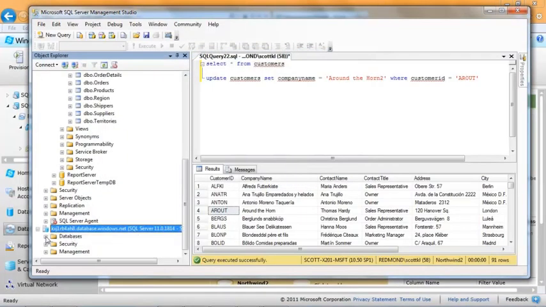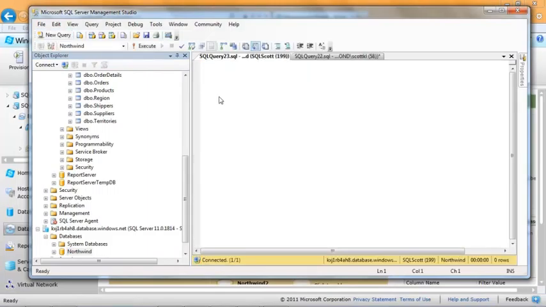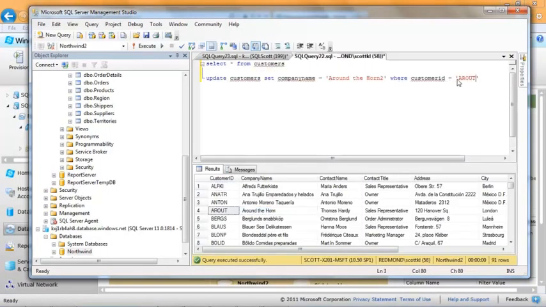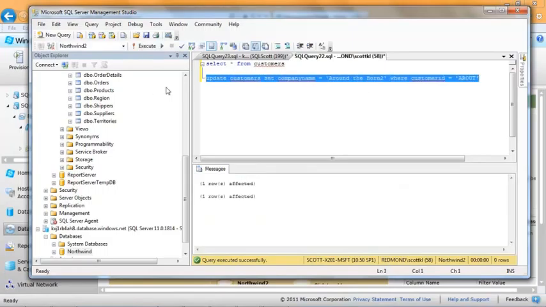Okay, and let's go to our Northwind database and create a connection to that. Select star from customers. So notice that it says Around the Horn, but we want to update Around the Horn to Around the Horn 2. Okay, and notice that there's now not just one row affected, but 2 rows affected, because this was the update